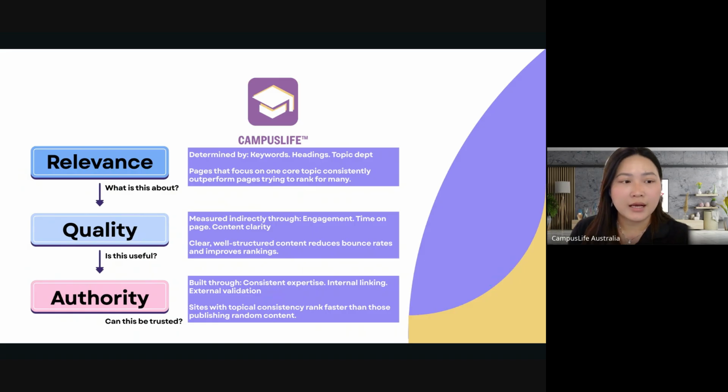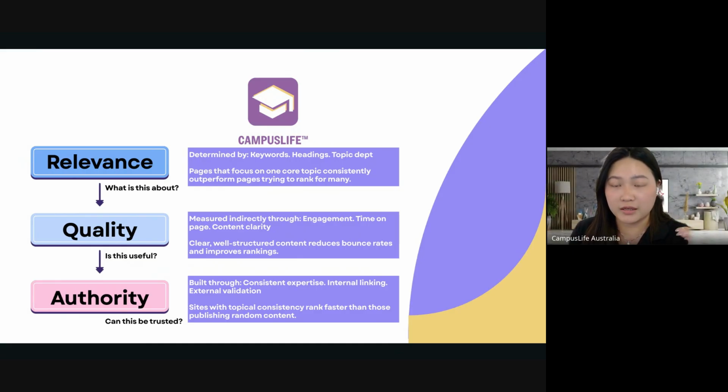But for me, I usually refer to it as relevance, quality, and authority. The relevance I would refer to is about what that content is about. Is it relevant to the people's search keywords? Are the headings relevant to them?